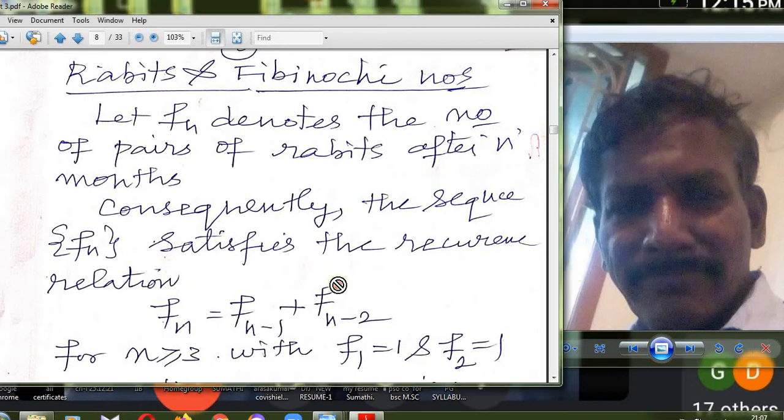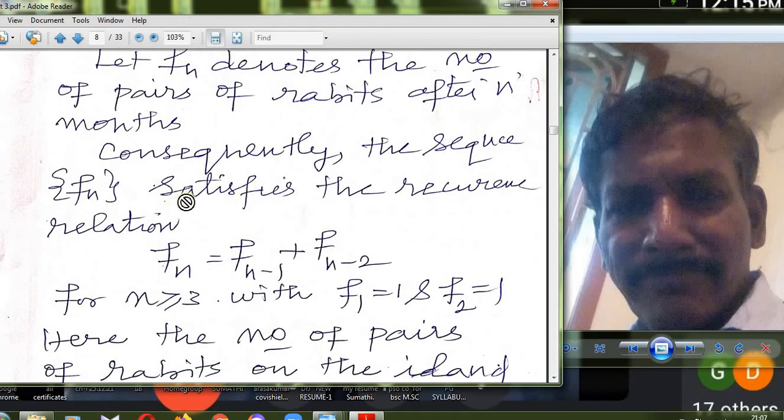This is from observation. Okay, so the recurrence relation connected to these rabbits, where Fn denotes the number of pairs of rabbits, is given by Fn equals Fn minus 1 plus Fn minus 2. The corresponding sequence, the recurrence sequence, is given by Fn. Fn denotes the corresponding sequence. And you can recall what a recurrence sequence is and what a recurrence relation is. This sequence satisfies this recurrence relation